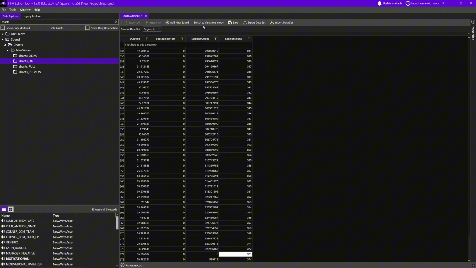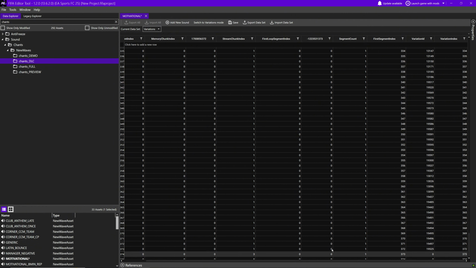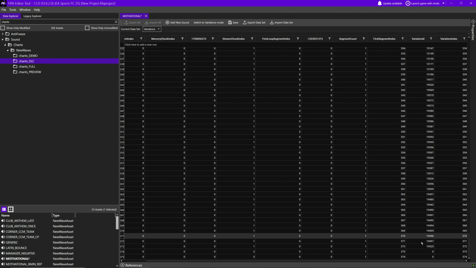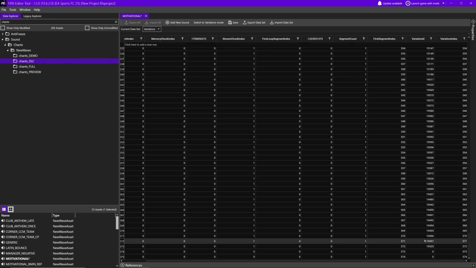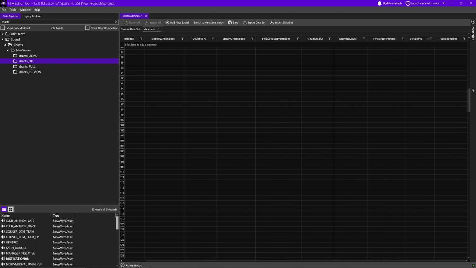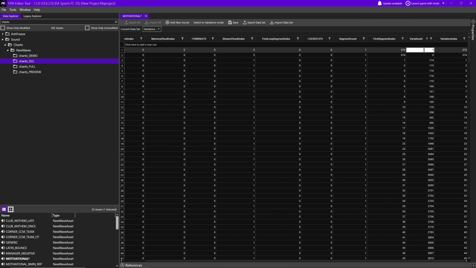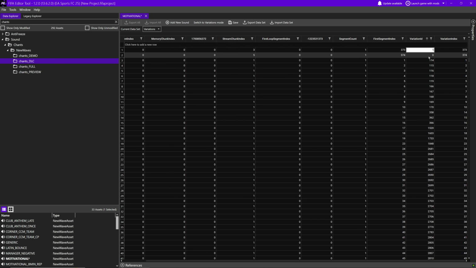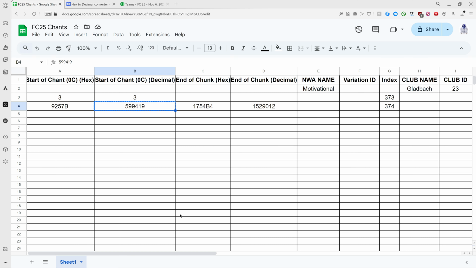Now we move on to the variations dataset. The editor has also created 2 rows for us here. First, we need to enter numbers for the variation ID that have not been used yet. We then enter these into the corresponding field in our sheet.